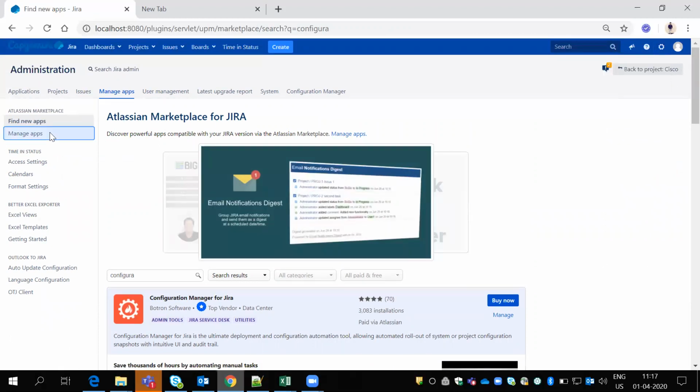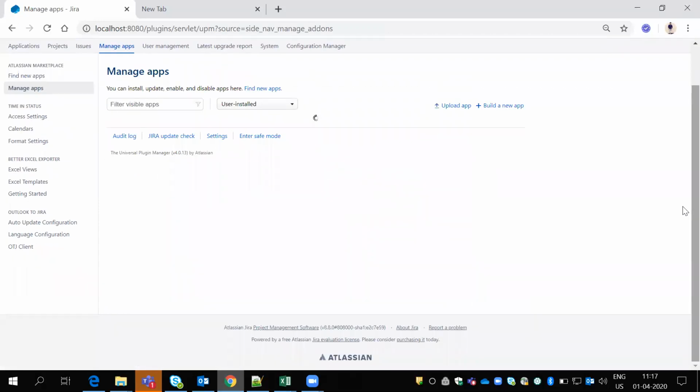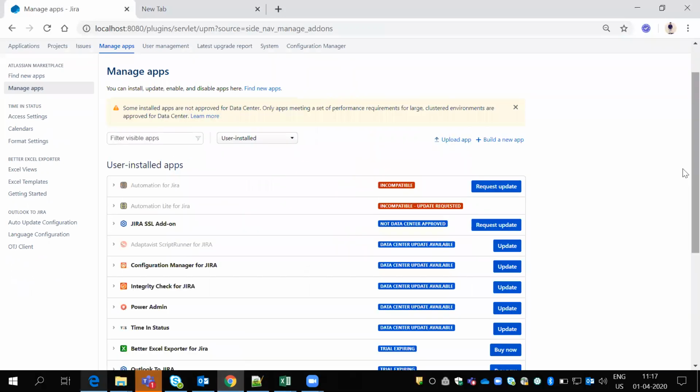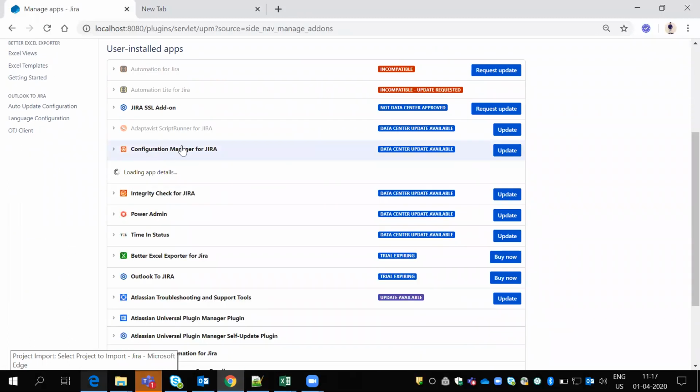I installed these plugins already. The Manage apps page. Yes, I'm using these plugins already. Data Center update available.